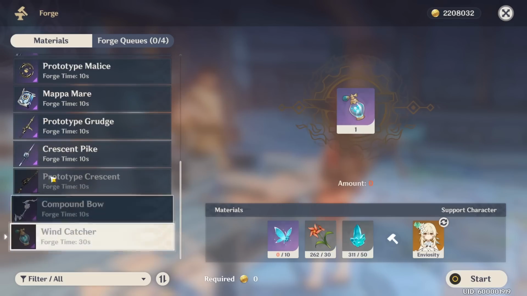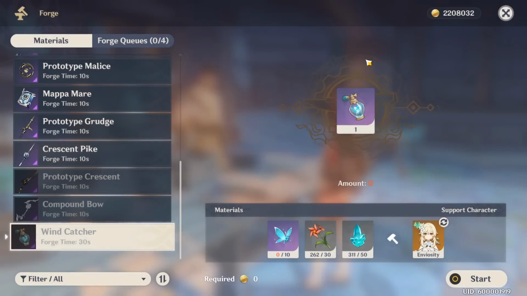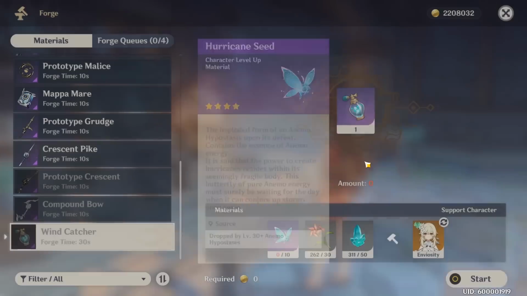Just my advice. And then we also have the Wind Catcher here. It's basically like Venti's E ability. It'll give you an updraft, help you glide around, but it consumes 10 of these hurricane seeds. Now, you only need to make 1, and then you're good to go, but still, 10 of these hurricane seeds,